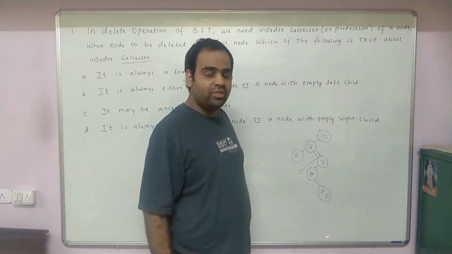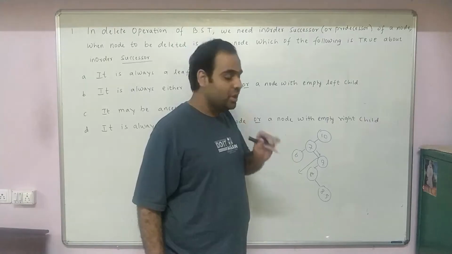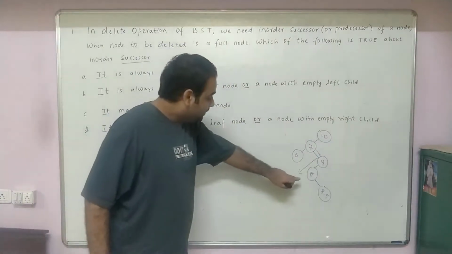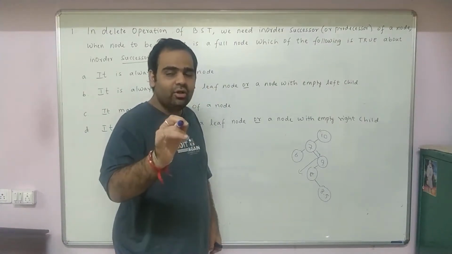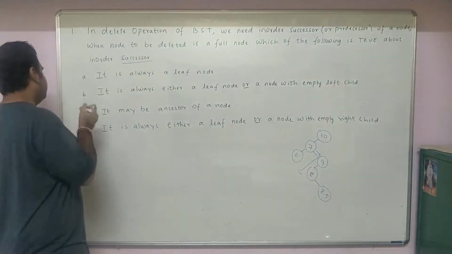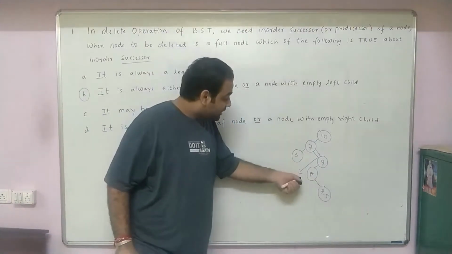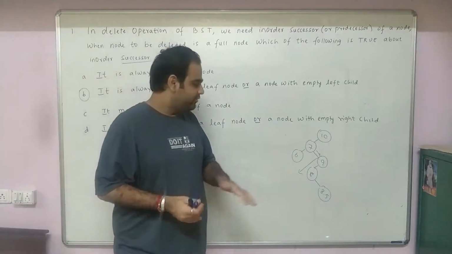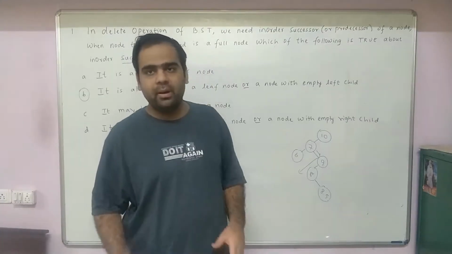Now when you go towards the extreme left, there might be the right child of in-order successor, or there might not be right child of in-order successor. Therefore, the in-order successor is either a leaf node or a node which has only the right child. Therefore, what is the correct option? The correct option is B, which says it is either a leaf node or a node with empty left child. There might be right child. I hope you have understood it. And if you still did not understand, please see the delete algorithm which I did on a binary search tree.